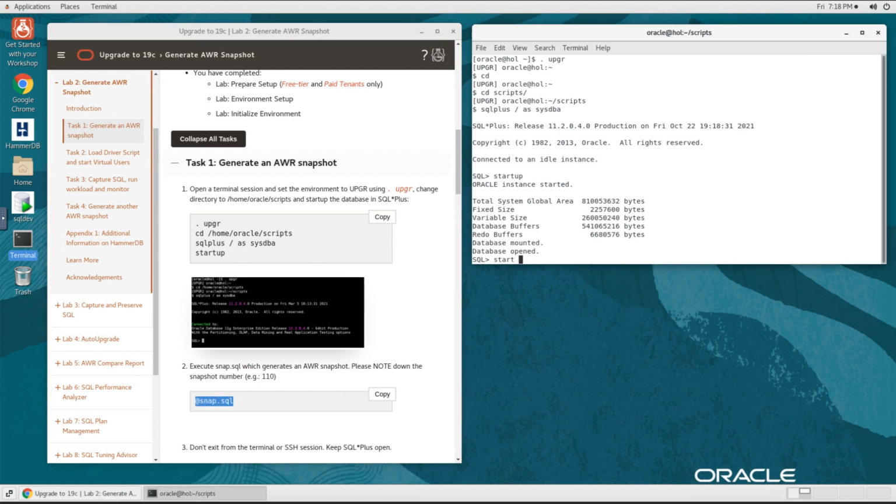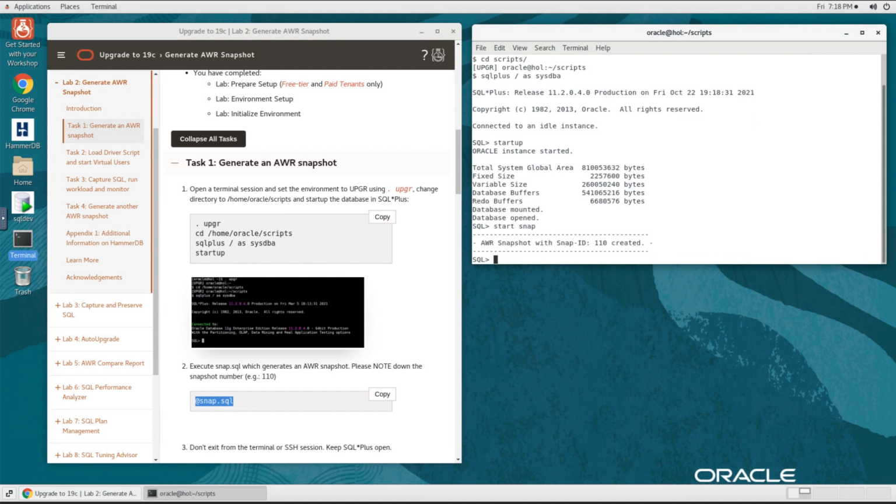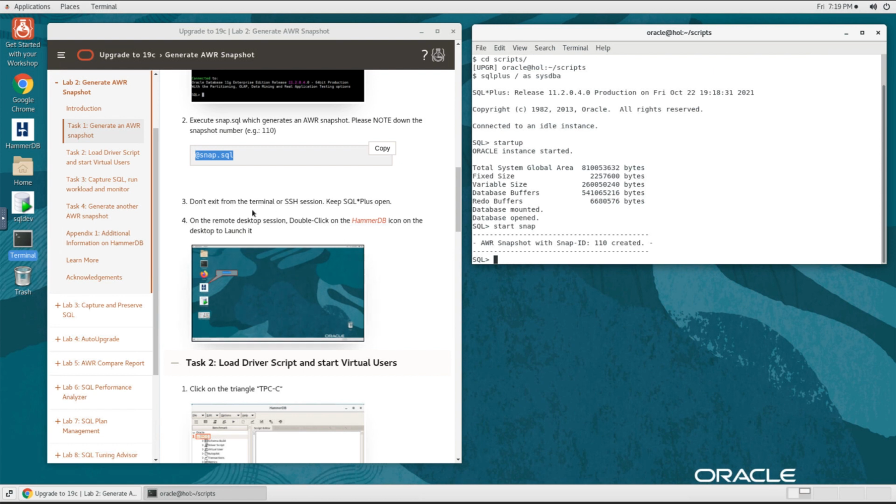We generate an AWR snapshot. So this is put into a script in the scripts directory, and it creates a snapshot. So please note down the snapshot ID 110. We will use that later on. Let us go forward,